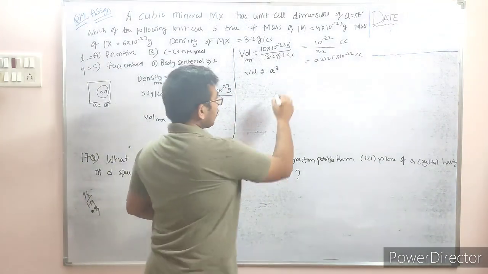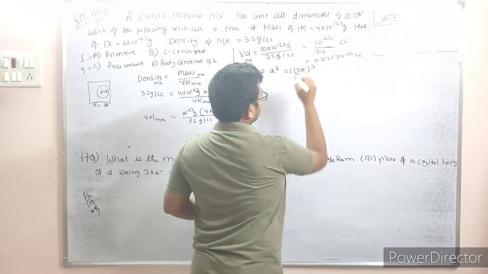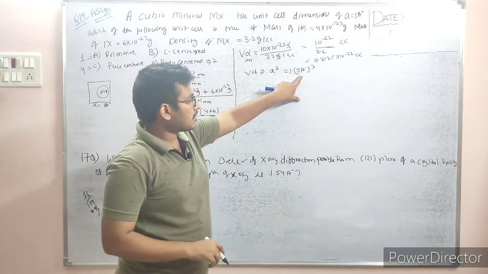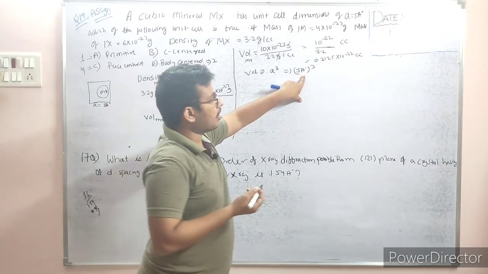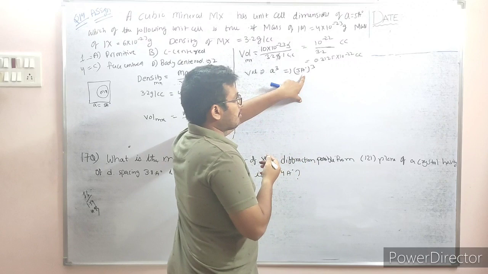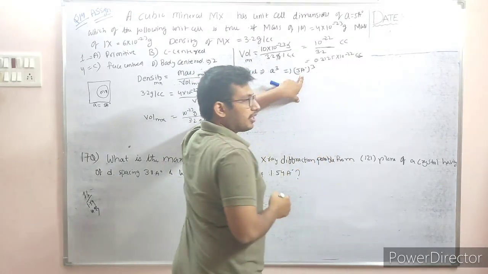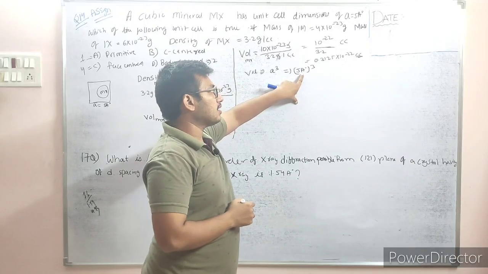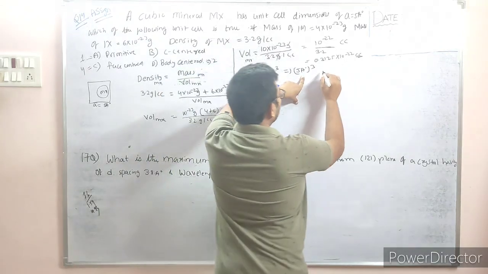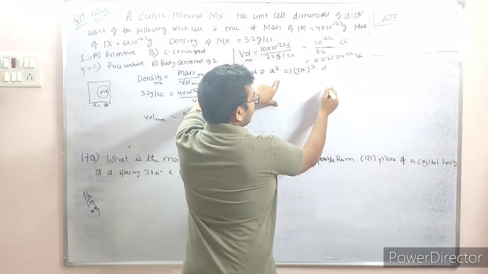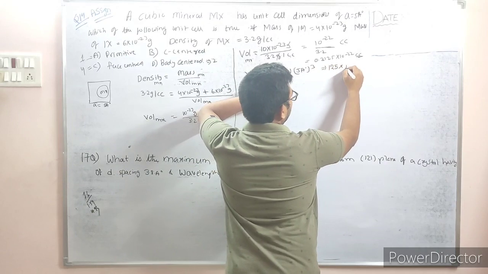So the cube is 5 angstroms, unit whole cube. What is the angstrom? It is equal to 10 to the power of minus 10 meters, right? 1 angstrom is equal to 10 to the power of minus 10 meters, but we have the volume in cc, centimeter cube. So we have to convert this angstrom unit into cc. So what will we do? First thing, 5 cube is 125, right? Now angstrom whole cube.